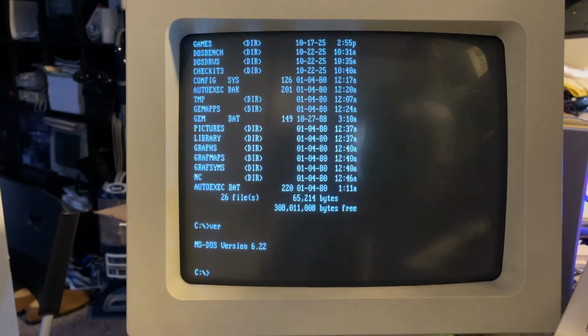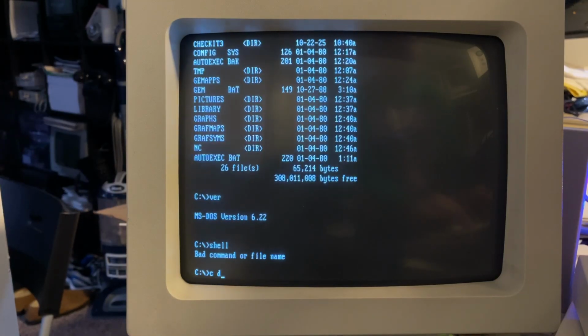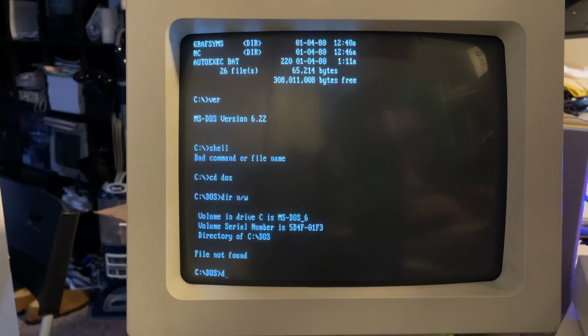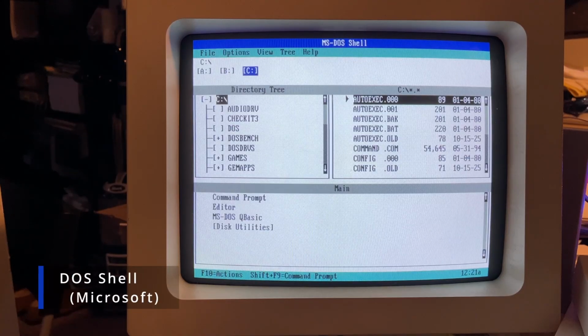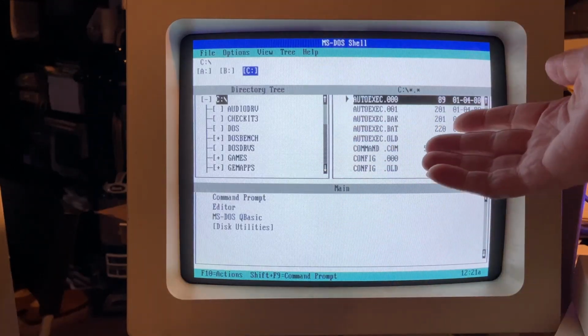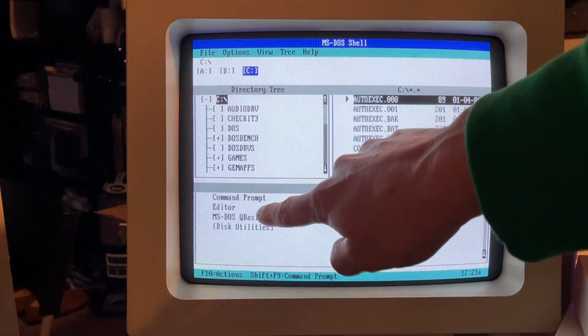The first one that was kind of native to MS-DOS is the DOS shell. And I don't know, where is it? I forgot what the command for it was. Okay, dosshell was the name of the command, not shell. All these things that you forget over time. So this was a very basic kind of user interface on top of MS-DOS, and is nothing more than essentially a file browser. So here you have kind of a graphical representation